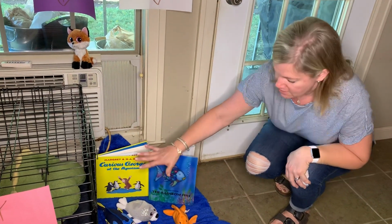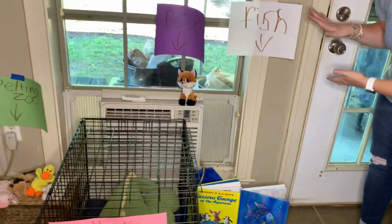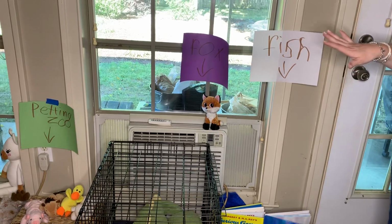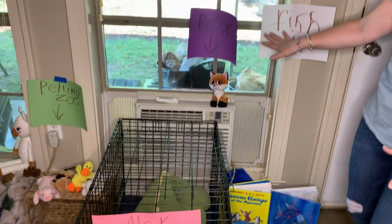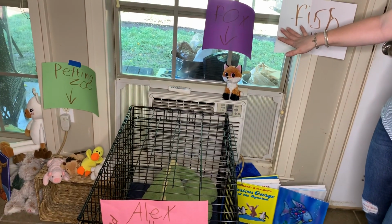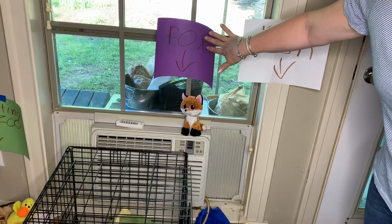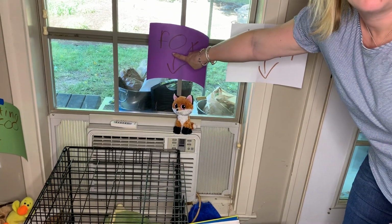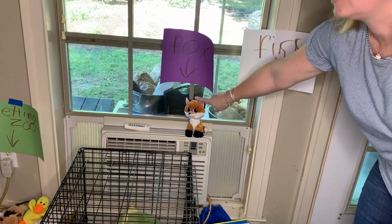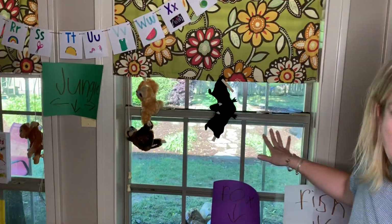All right, so we're leaving our fish, and my zookeepers really did a great job with all their signage. And we're moving over, on the way to meet one of the scariest things we have in our zoo. I see a very sly fox. What letter does fox start with? Do you remember? There's our fox. Oh, we've even got some things hanging. Oh, we've got a